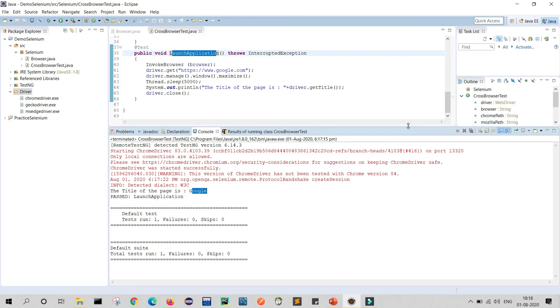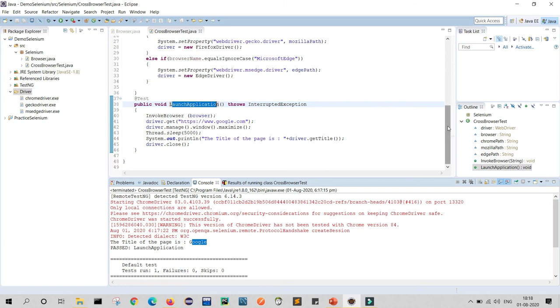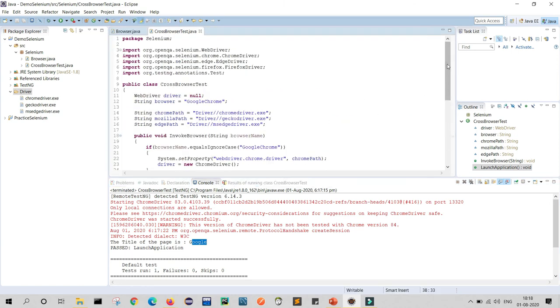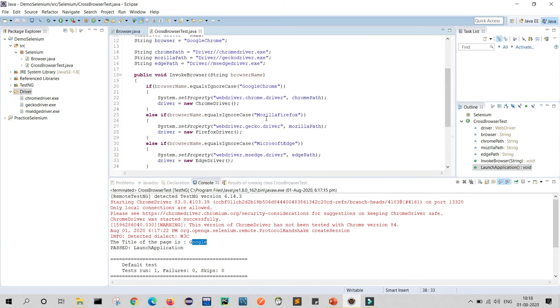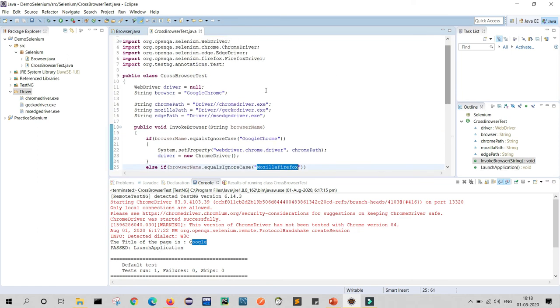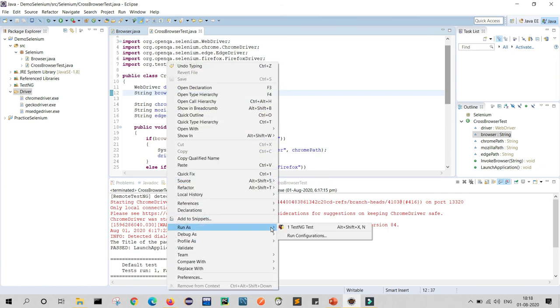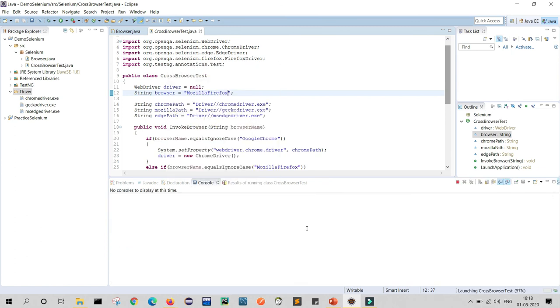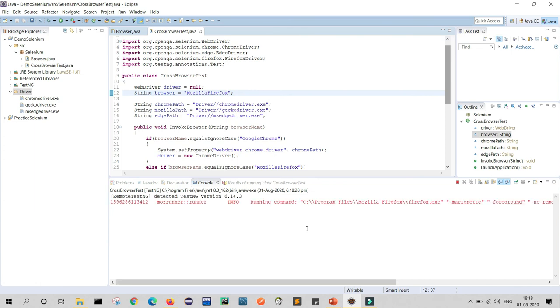Similar activity we will run for Mozilla Firefox. For this we just copy this Mozilla Firefox, and in the place of Google Chrome, here we will type Mozilla Firefox, save and run. Let's see if it opens in Firefox or not. As you can see, my Mozilla is running.